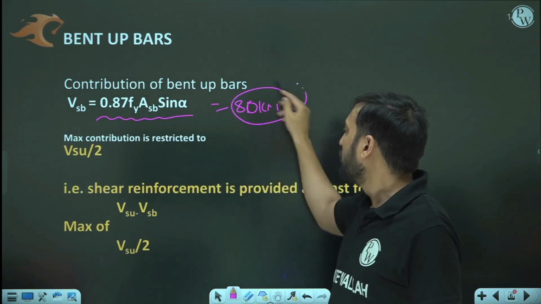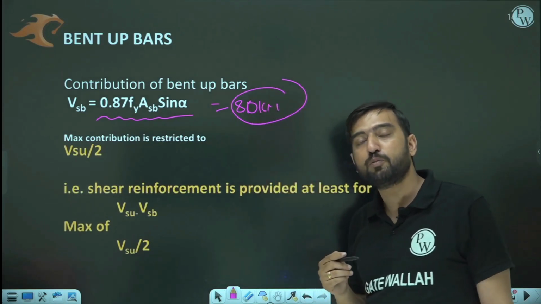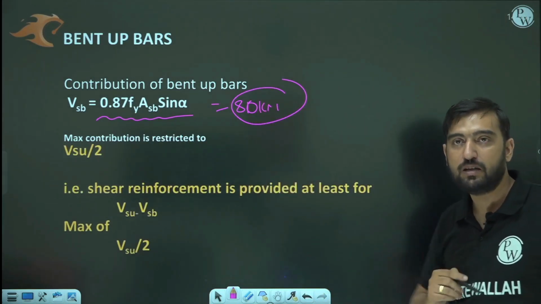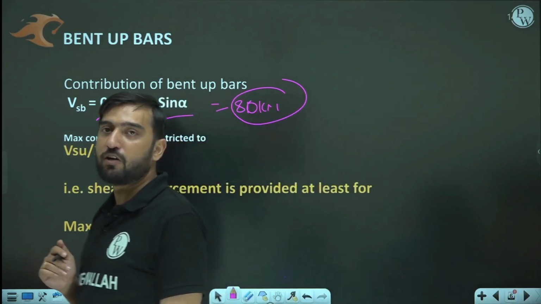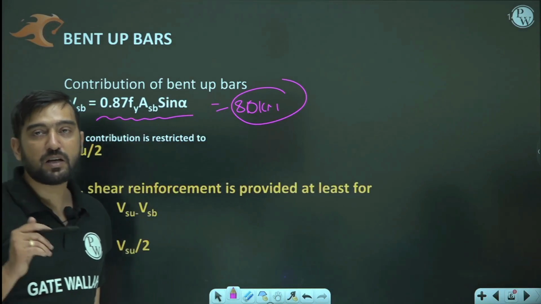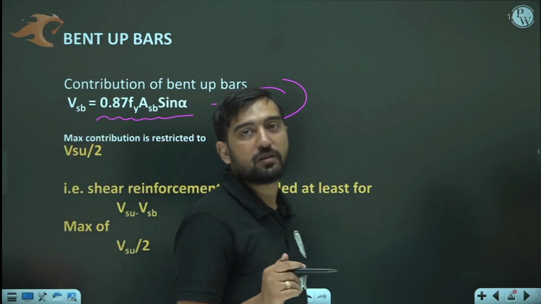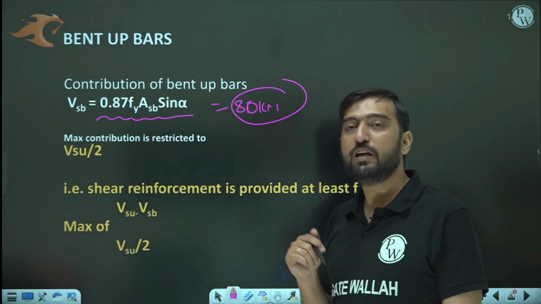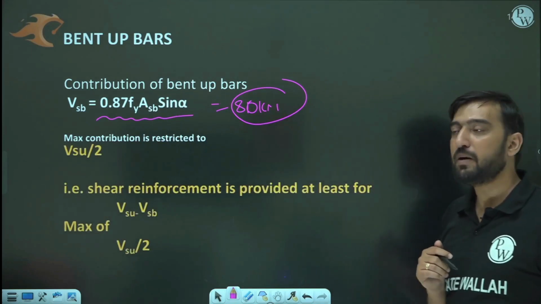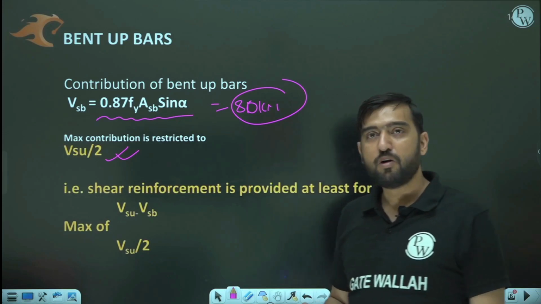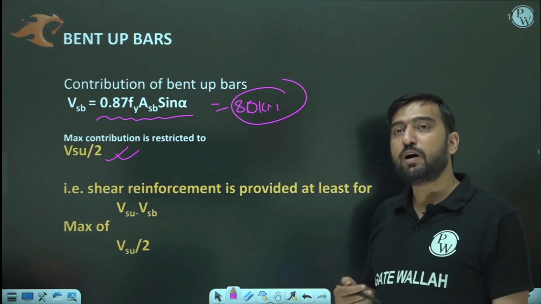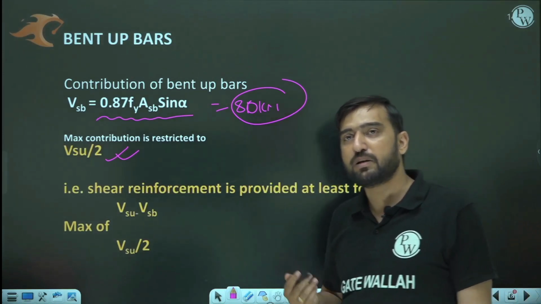Then also shear reinforcement we have to provide at least for 60 kilonewton. What I want to say, the maximum contribution of bent up bar is restricted to 50% of the design value of the VSU value. So maximum contribution is restricted to VSU by 2. Okay, so if somebody asks you what is the amount, similarly one more example, suppose